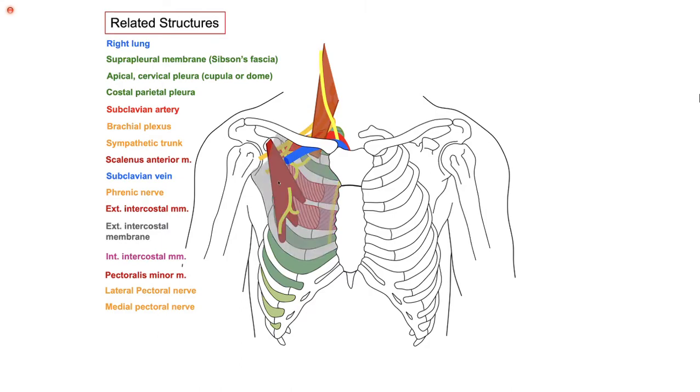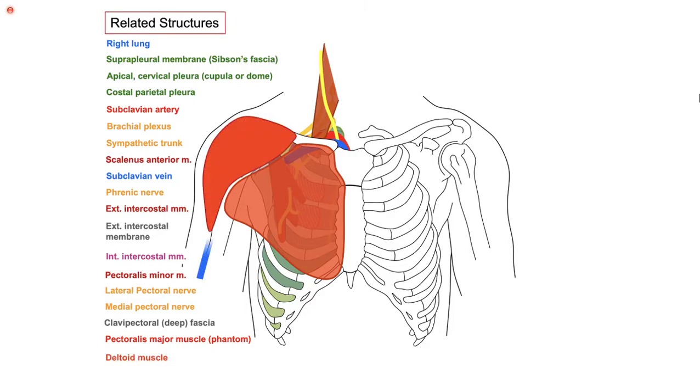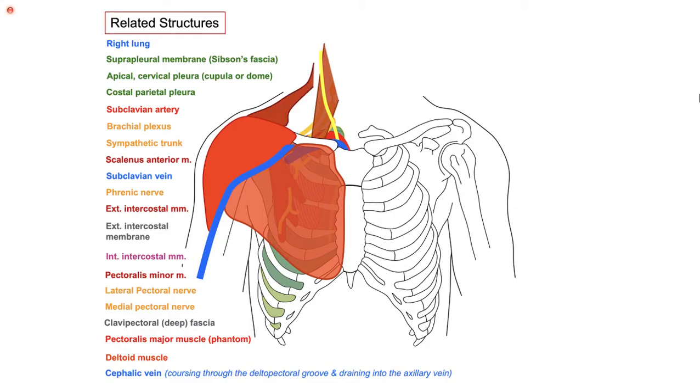And then there is a fascia which covers it. Who's that? Think clavipectoral fascia. And then it's all been under cover of my pectoralis major, pec major. Do you remember MSK? Yes. So this is my pectoralis major muscle. Then who's this muscle? Deltoid. Excellent. And who should this vein be? Running in the groove between the deltoid and the pectoral, the deltopectoral groove, this vein should be my cephalic vein. And who is this? Yes, trapezius.